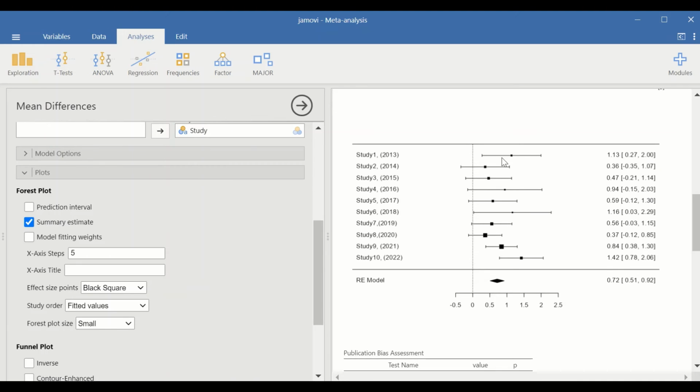And as shown here, each square has a different size, larger square, small square. That size of the square, which is the effect size, reflects the sample size. Larger sample size will have a larger square, and it will have higher weight percentage influence in the analysis. The horizontal line here for each study represents the 95% confidence interval, and the diamond shape is the overall estimate effect size, which in this case